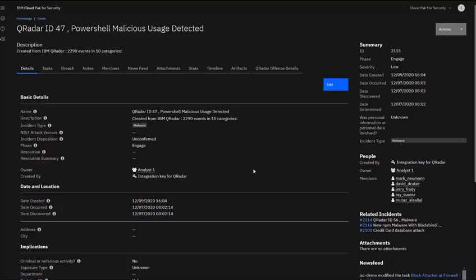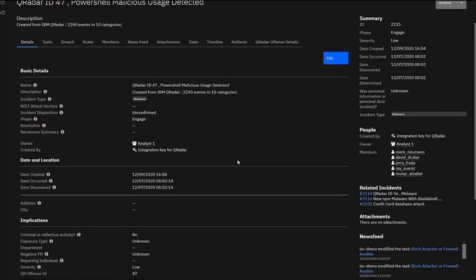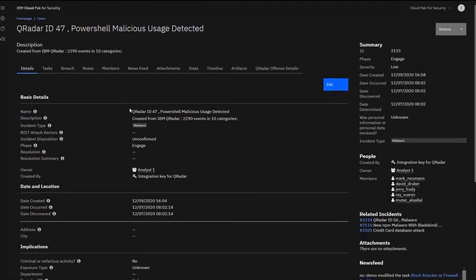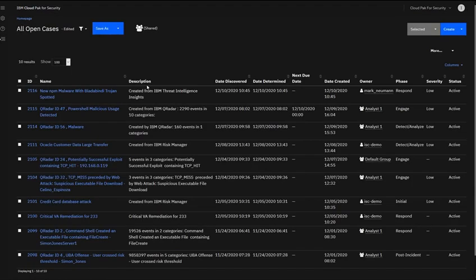If I drill into that case, it takes us right in now into the integrated SOAR tool, Case Manager. And I can see that this is actually a malware case, and my team can start working it. But if I were to quickly drop back for a second, I want to look at it. All of the cases are being created from, for example, QRadar or maybe Splunk or other systems, so my team can